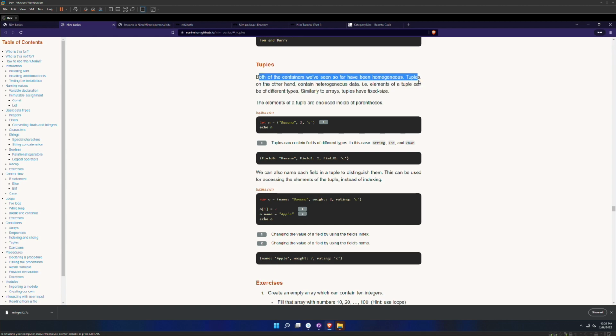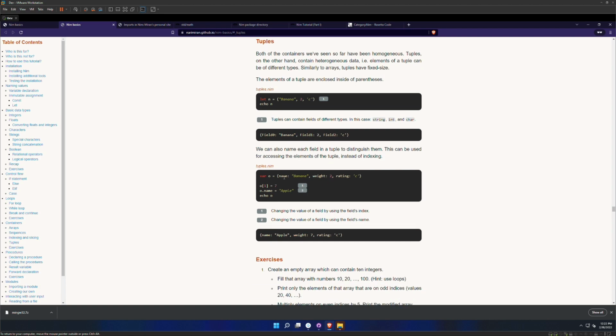Containers like tuples, on the other hand, can have whatever, similar to fixed-size elements. Echo n would return field 0 is banana, field 1 is 2. But if you give them a name,